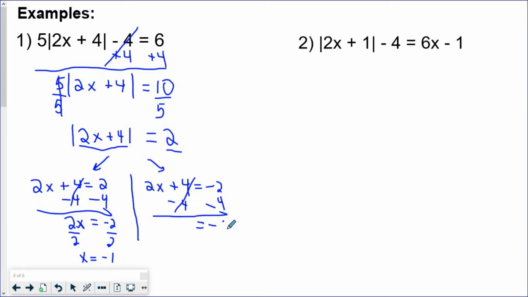Here I have -6 now instead of -2. And then I drop down my 2x and I divide by 2. Again, it looks exactly the same on the left side with this inverse canceling. But here I get an answer of -3. So the new thing in Algebra 2 is also, like in Algebra 1, you may have been told by your teacher to review these answers just to make sure you get a good grade. But in Algebra 2, if you don't check the answer, you may think you're correct, but